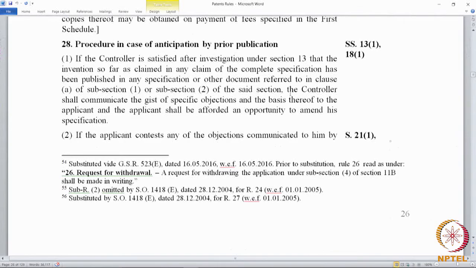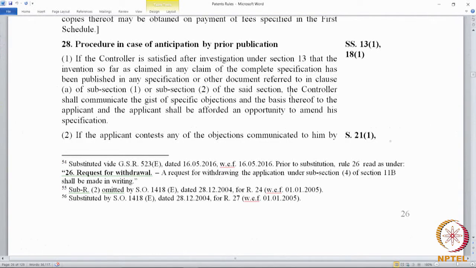It just says the controller shall communicate the gist of the specific objections and the basis thereof, why those objections were raised, which means if the prior art document is a prior filed patent specification, the controller will have to give the number, and if there is a particular claim, then he would mention that claim so and so of your application is anticipated by claim so and so of this prior art. So, that is what we understand as gist of specific objections and the basis thereof. The controller will have to communicate that to the applicant.